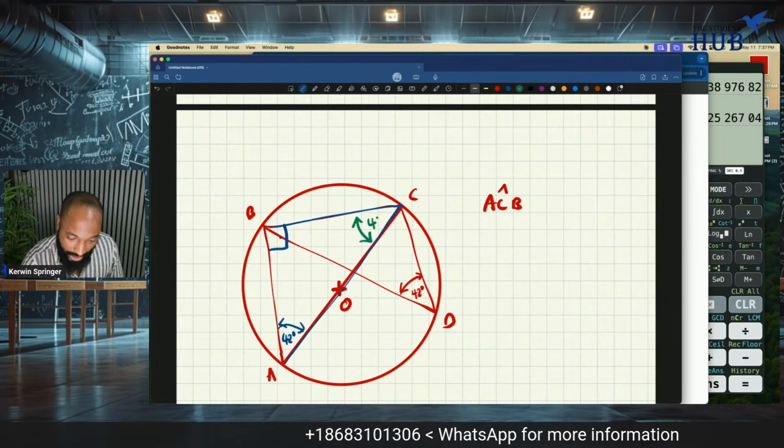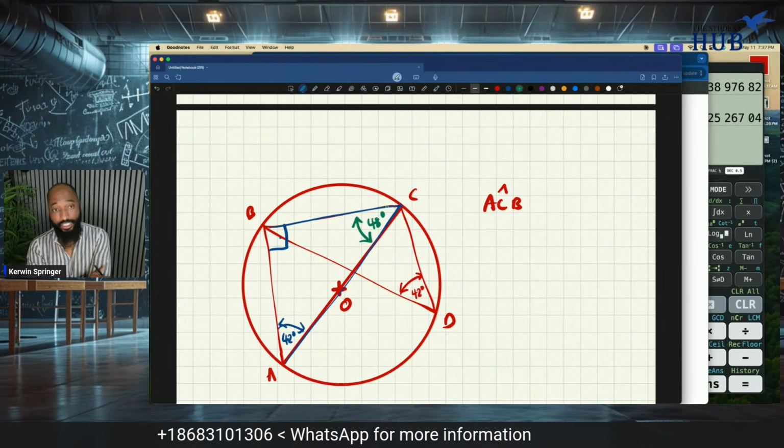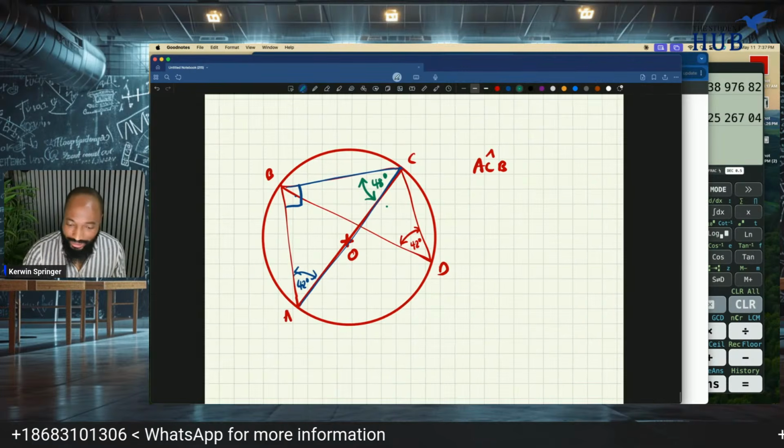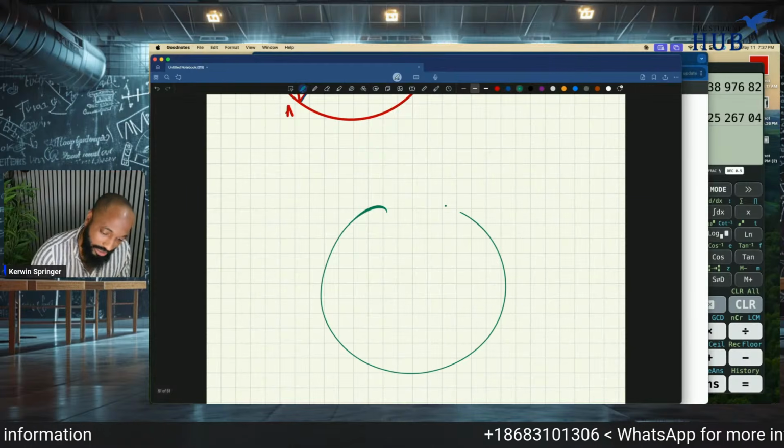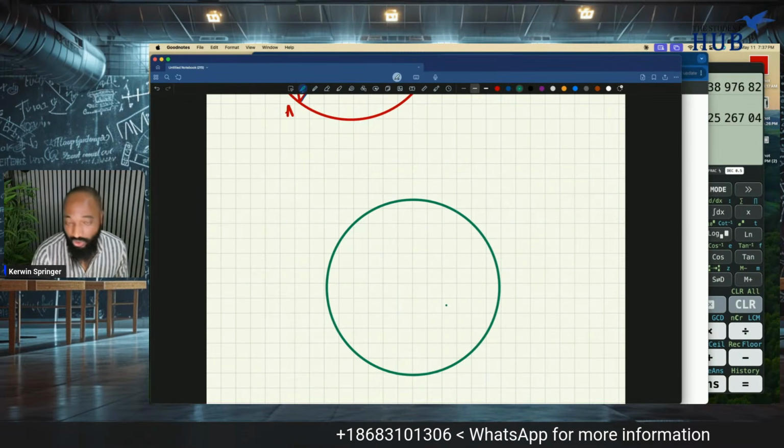Why not say in the chat if you understand? If you understand, type I understand. I got it. You see it? Time to bring in another theorem, ladies and gents. Another theorem, and it's the theorem that you have to look out for immediately as you open